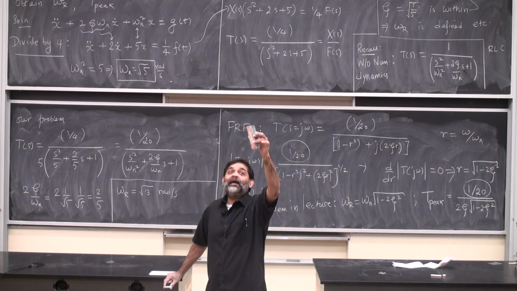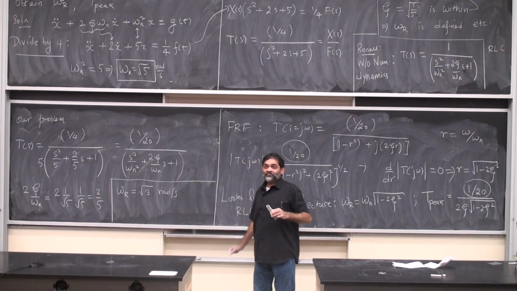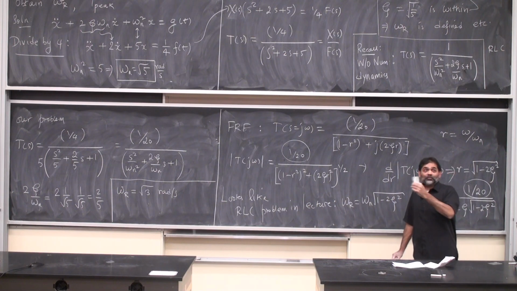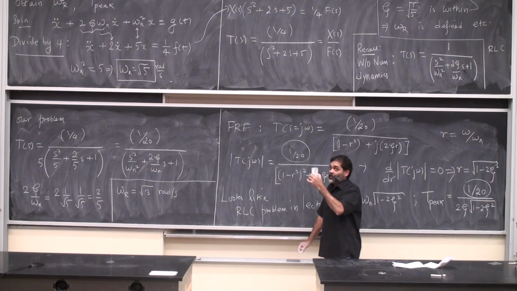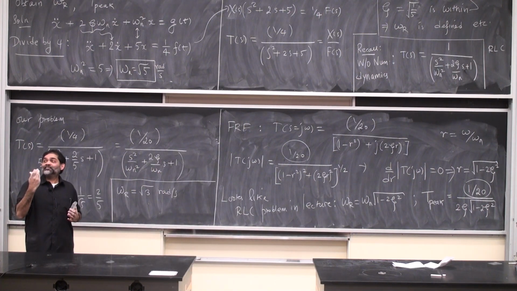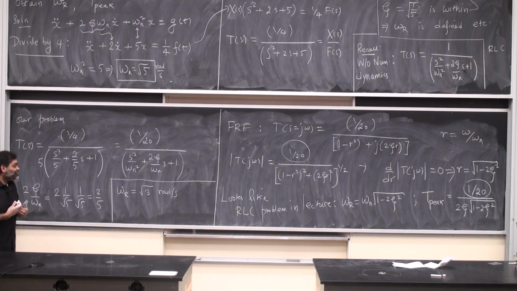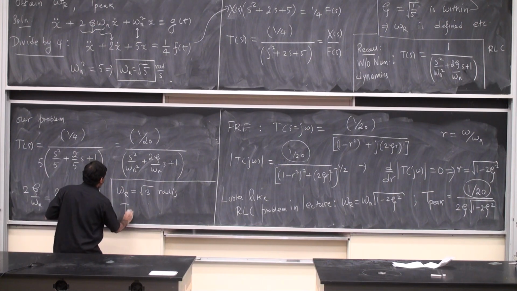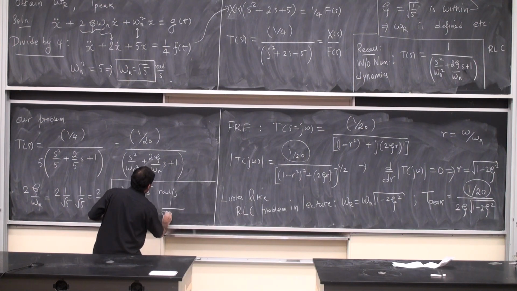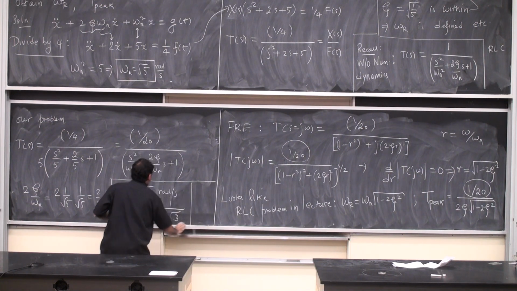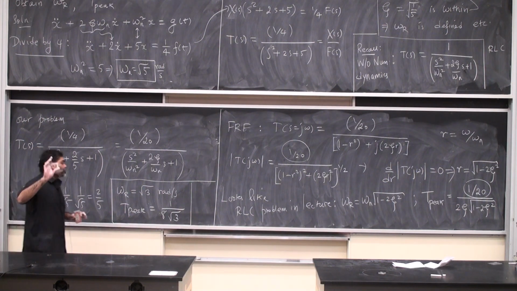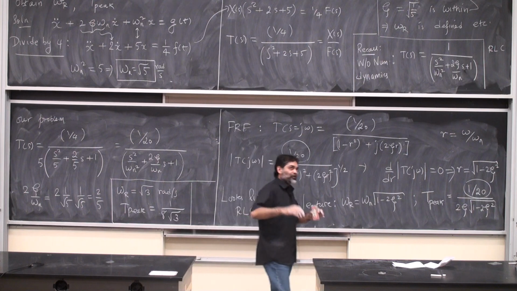Yes? Zeta is not equal to 0. When zeta is equal to 0, omega r is equal to omega n. When zeta is non-zero and it's between this range, omega r is always going to be less than omega n. You see the peak keeps shifting to the left. Okay? And then my t peak value here, I'll be posting the solution as well, but it's just brute force substitution.